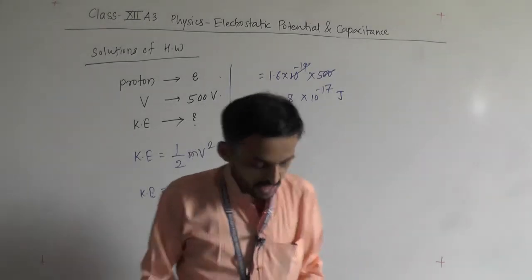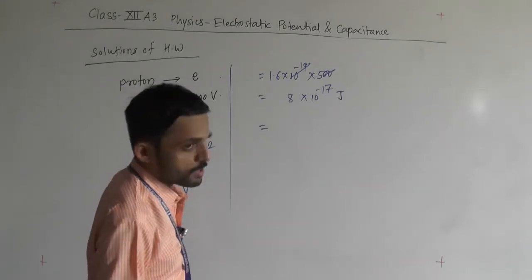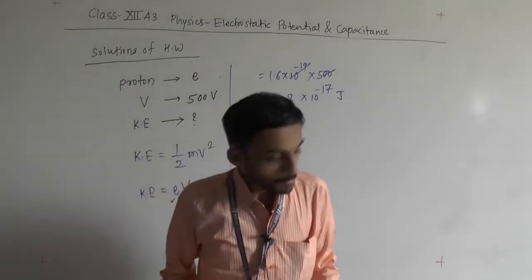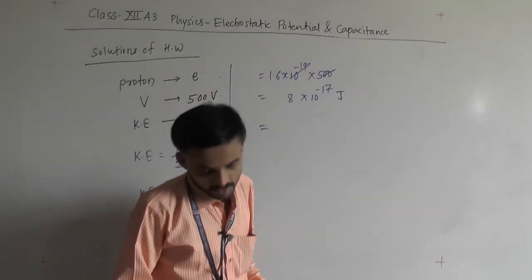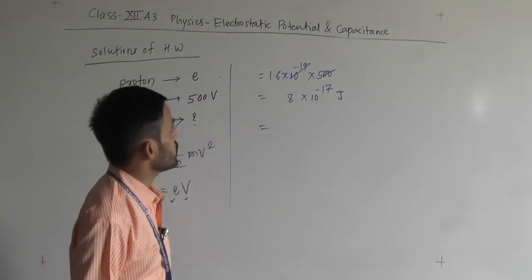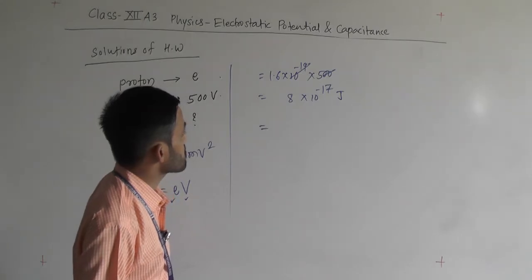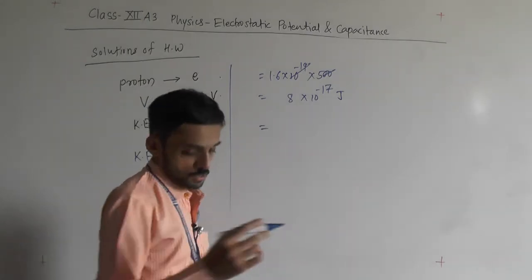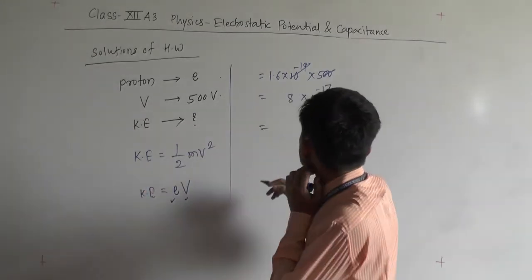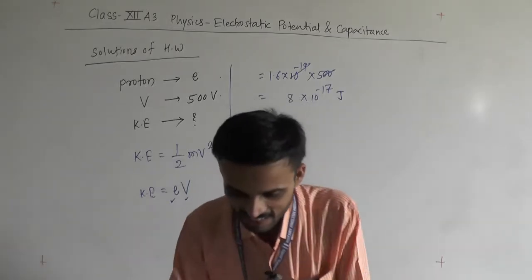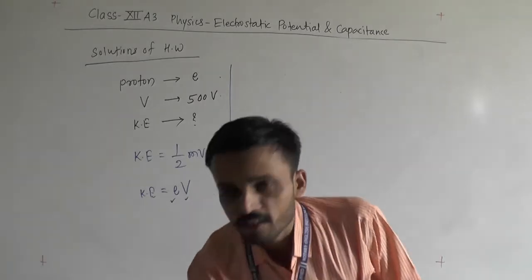And then directly you can get it. Okay, so how much it will come? I think kinetic energy they are asking, na? Yes, kinetic energy. So 8 into 10 raised to minus 17. So electron volt to joule I have given, na? Electron volt multiply with this. Okay, so no need to do that, directly we will get. See, idea. So this is very important, na?